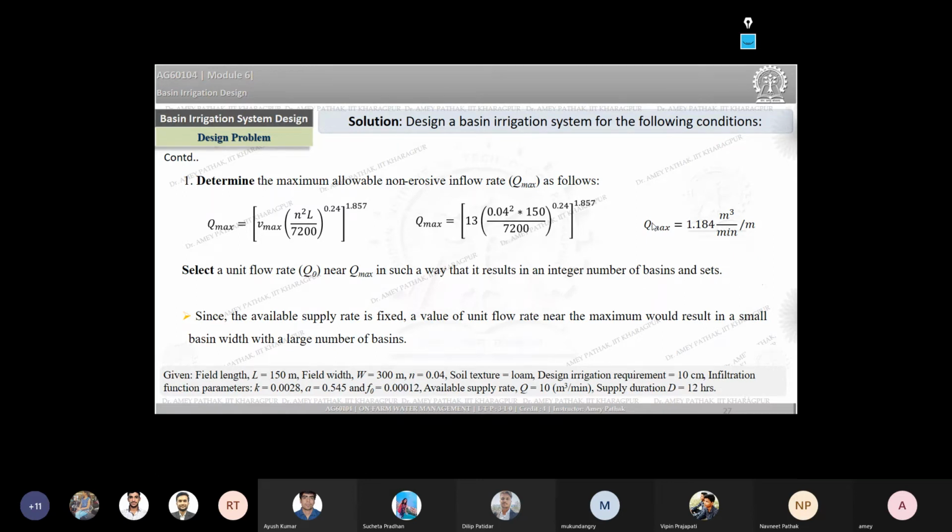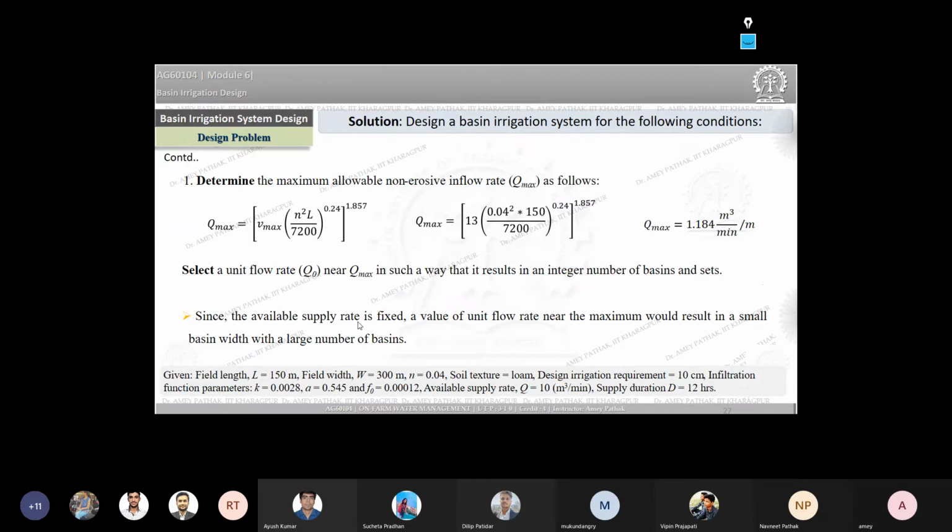Okay, so this is a higher limit of your Q max. Okay, now we have to select the Q naught. So this is the maximum limit, but whether to choose the maximum limit or have a slightly lower limit, that is our choice. That choice you have to make based on what kind of combination is giving high efficiency. Okay, so up to this 1.184 meter cube per minute per meter width we can go. So let's take this full value, this Q max, Q naught is equal to Q max as our initial guess.